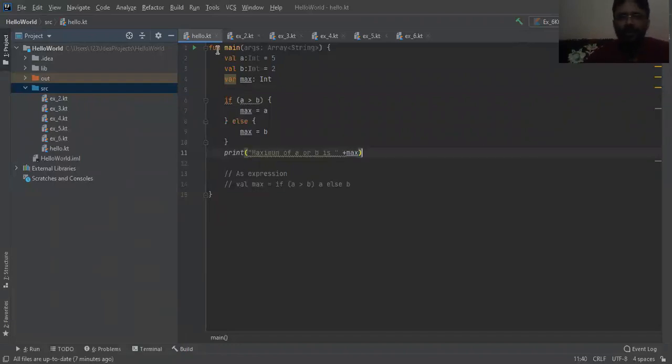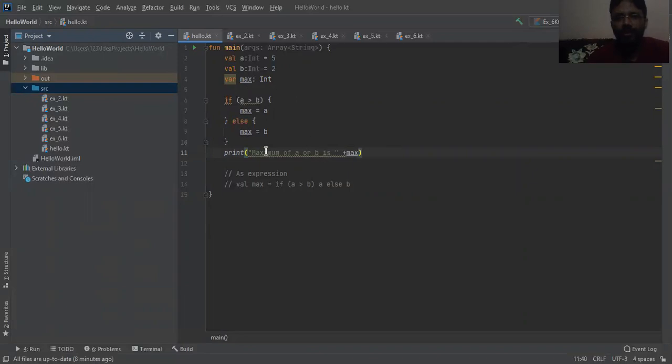Here I already have some of the examples that we discussed in previous videos. First is hello.kt, and this is the program's name I have mentioned over here. This is the function main with the arguments array of strings, and this is the definition part of two variables. Then we check the condition whether a is greater than b. If it is true, it prints max equals a, and if it is false, it prints max equals b. Because 5 is greater than 2, it definitely prints the maximum of a or b, where the plus is the concatenation operator. You have to remember these syntax and semantics, and finally it prints 5 because a is assigned to max.